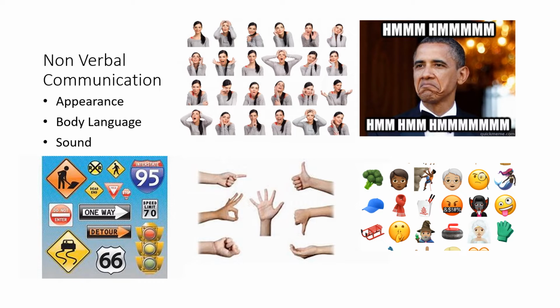In previous times, most of the traffic signals and the signals on the road or signages were used to communicate a message. A simple light means you have to stop, or you have to wait, or you have to proceed. So this is also a means of communication. And sounds, like the sounds which we make, hmm, uh-huh, all these sounds also convey a message to the recipients.